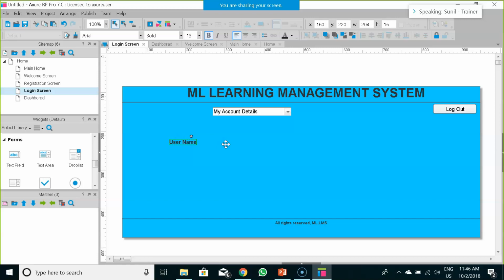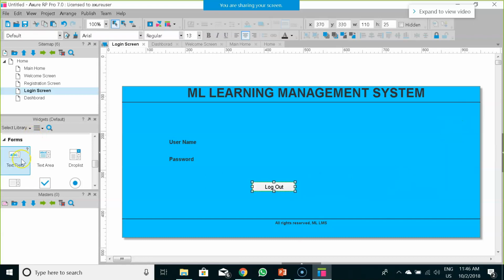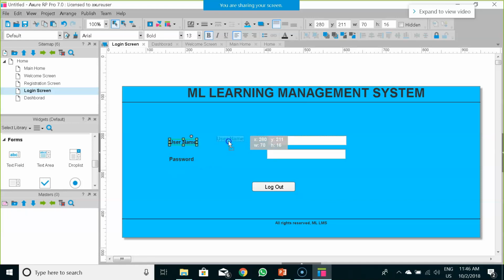username, and password, a text field, and a submit button.